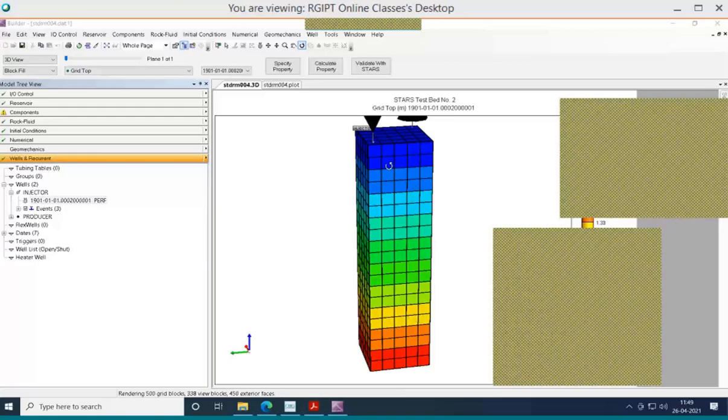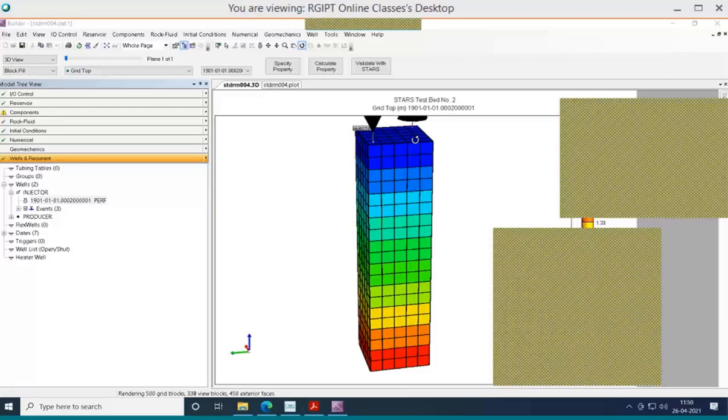Let us say if we delete the entire 20 blocks and inject from this corner and produce from this corner, we can do that. Then we don't need to worry about all those things. Okay. Any other doubt? Please ask me now. Or if everything is clear, please type yes.